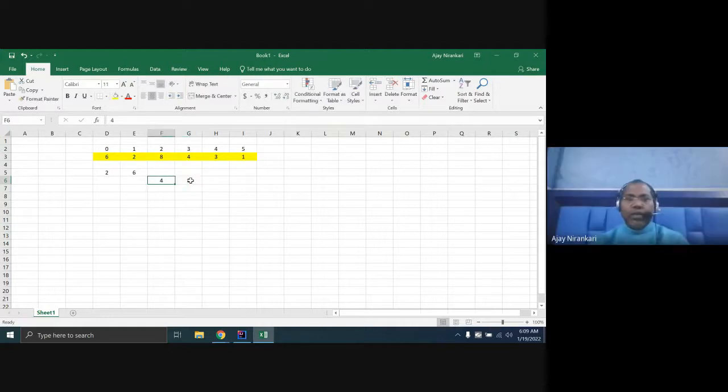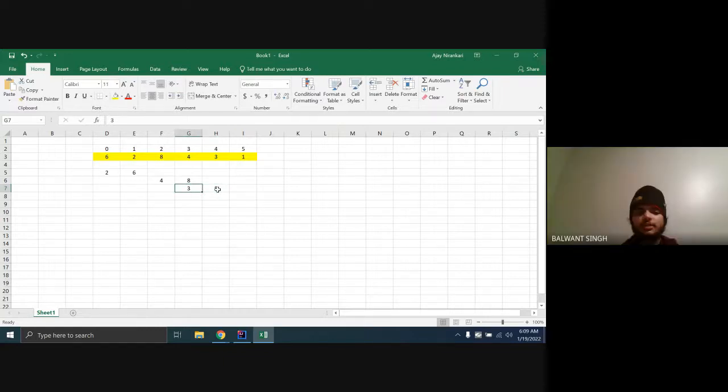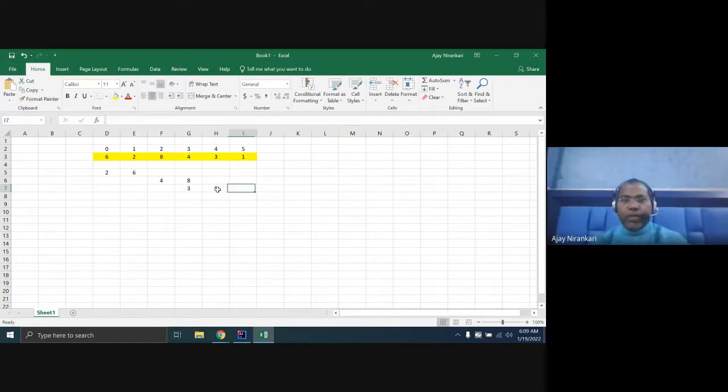Again we have to compare. Now compare the third position to the fourth position. Here is the 3 and here is the 8, so again we have to swap. Here should be 3 and here should be 8.